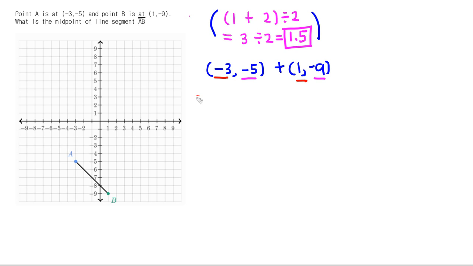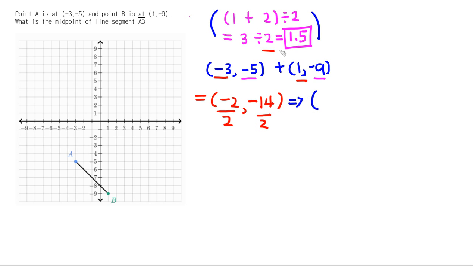If you do that, -3 plus 1 is -2, comma, -5 plus -9, which is -5 minus 9, so that's -14. But we are not done yet. After we add, we need to divide by 2. So we divide by 2, and it will give us